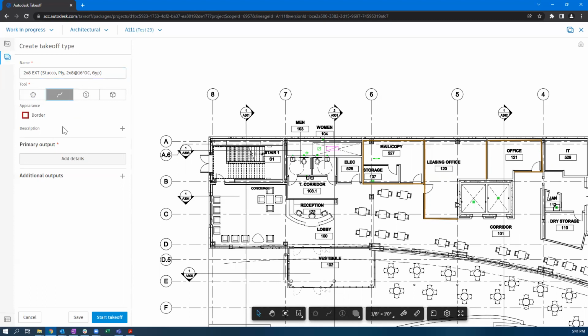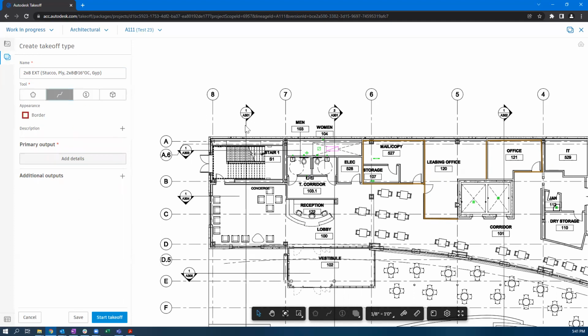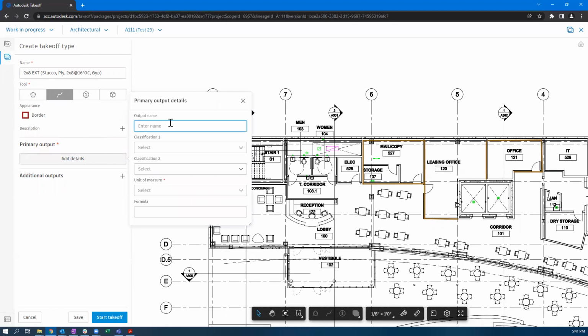Chipboard inside. We're going to do a linear measurement. We also have the option to measure area. We can measure linearly as we're going to do, or we can use just a singular count of single items. So we know we're going to be measuring this linearly, so we can say our primary output